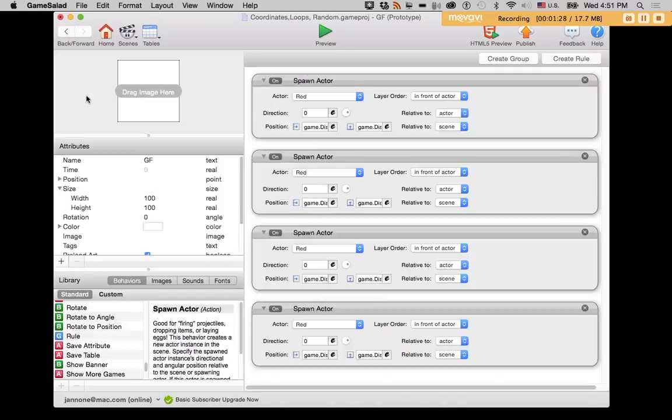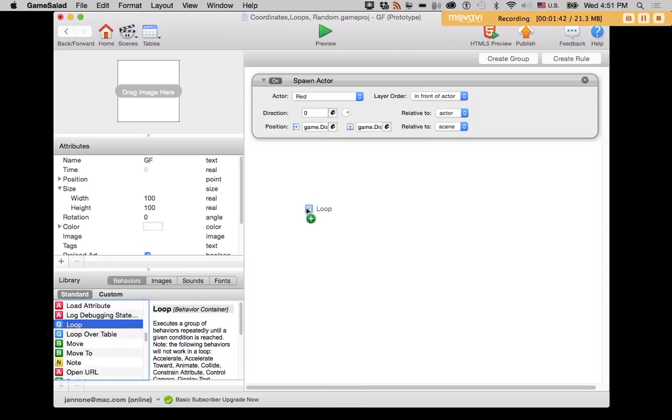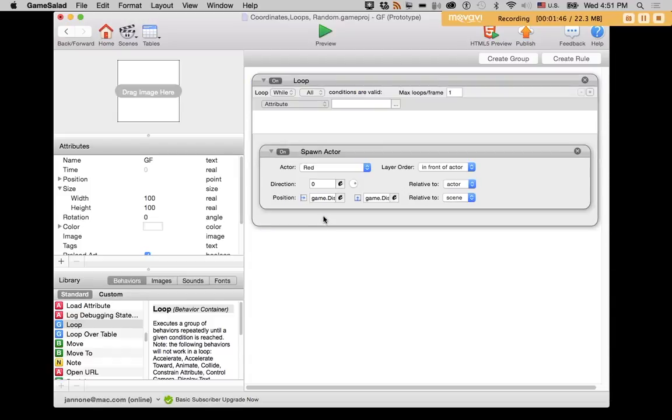But this is going to get cumbersome if we want to make, say, 50 red actors. I don't want to have to keep copying and pasting my spawn actor. What I'm going to do instead is put my spawn actor inside of a loop. Now, if I want to spawn 50 of them, I can just run this loop 50 times. For this, I'm going to need to create a